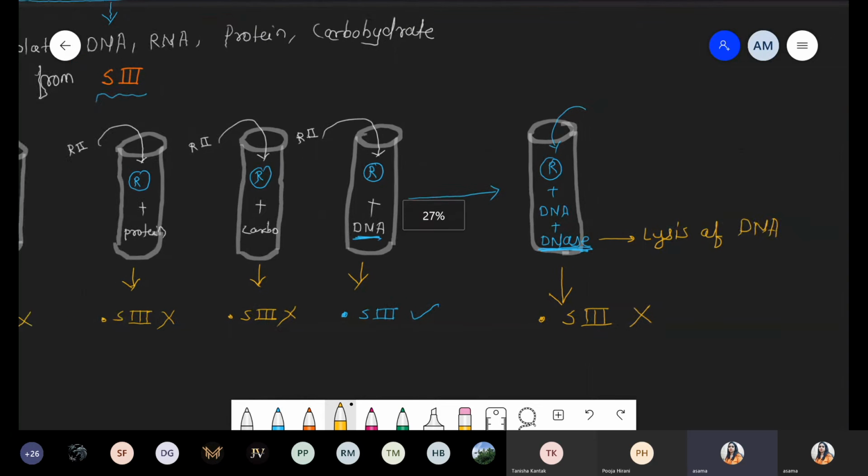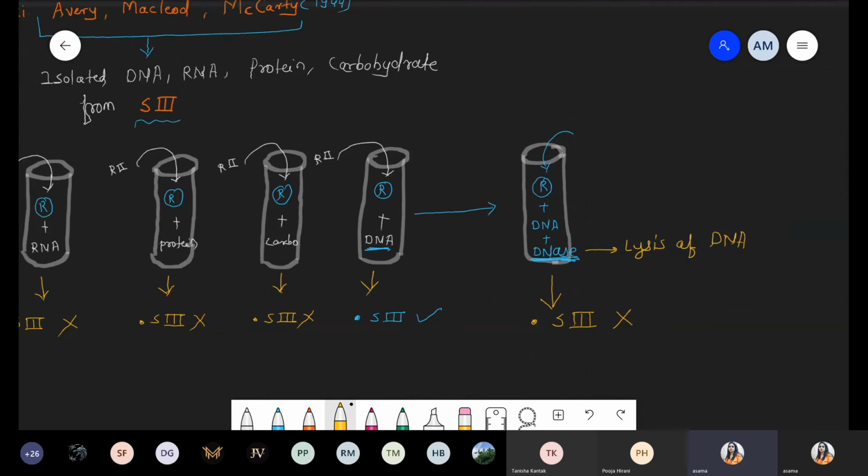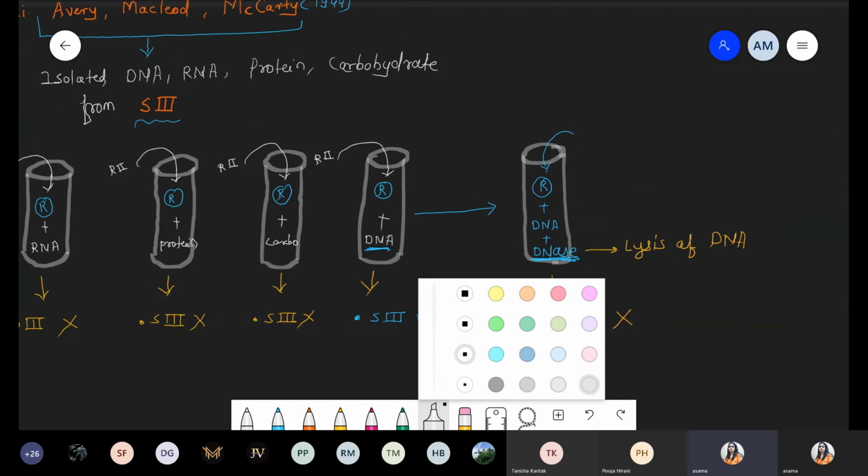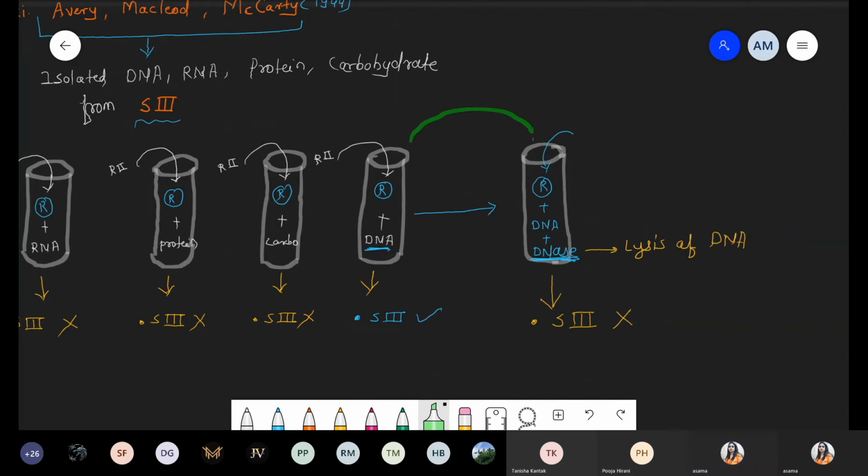So just check what we are talking about. We are taking a comparison between these 2 test tubes, this last one and this one. So what is the change? If we remove the DNase, that is, without DNase enzyme, definitely it is observed that they can produce the capsule because smooth strain is observed. But when we added the enzyme DNase, the enzyme degrades the DNA part.